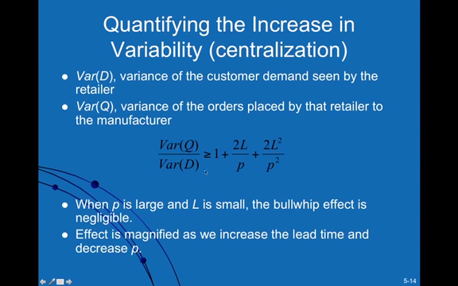The mathematical computation is not shown, but we see that the ratio of those two is 1 plus a factor, and that factor is a function of the lead time and the number of periods used in the forecast. So if you look at this, it is obviously greater than or equal to 1, which means that the variance of the orders placed by the retailer will be larger than the actual variance of the demand. So you're already beginning to see this bullwhip effect in play. And notice something. This is a quadratic function of the lead time, which means that as the lead time increases, that ratio is going to increase dramatically.